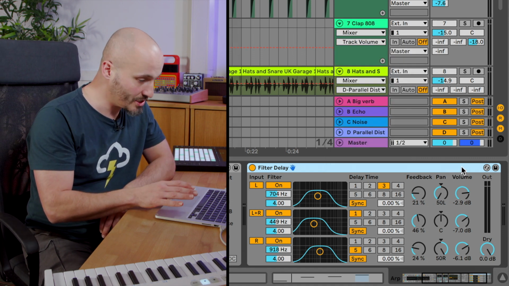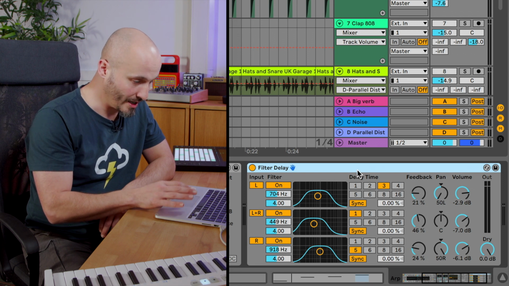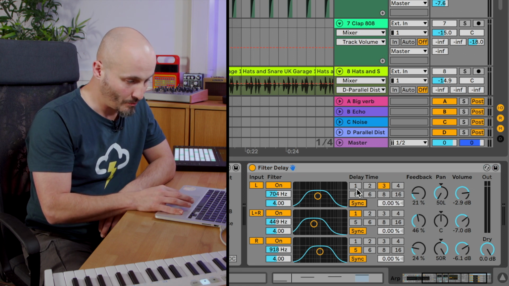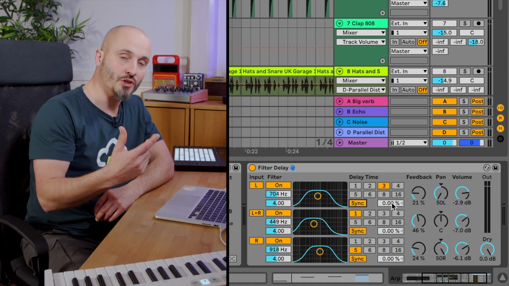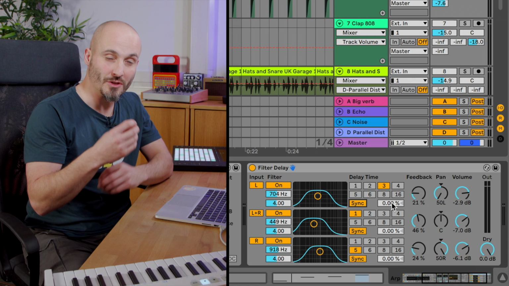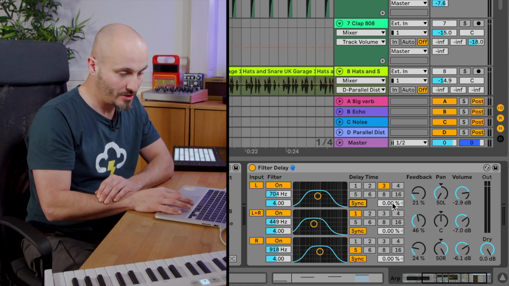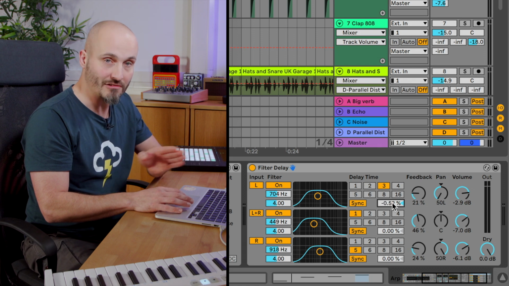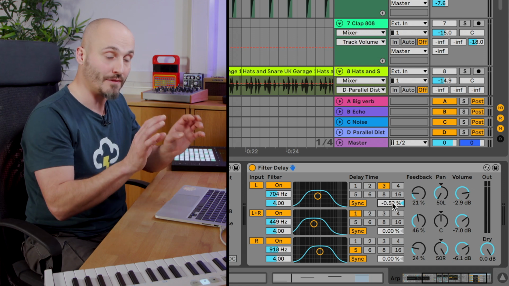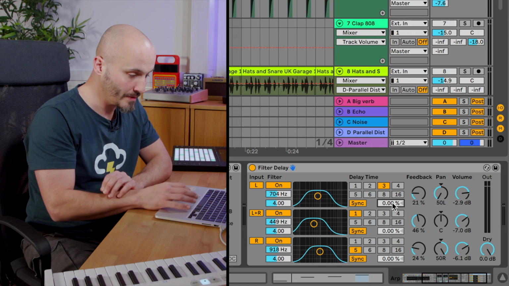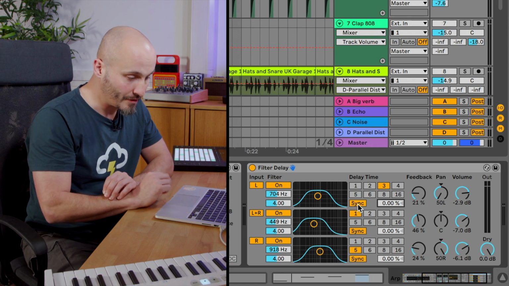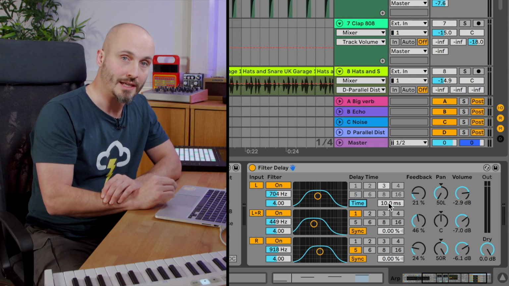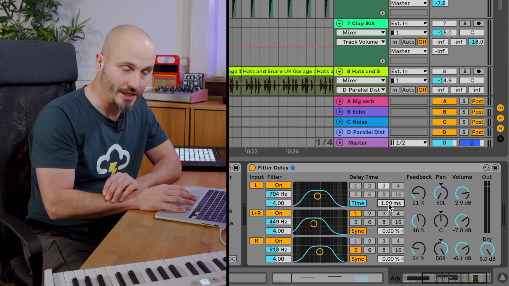So traditional delay line controls are here. We have a sync option, and we can choose the actual measurements of the sync. If you want to get a little bit more of a groove and a little bit more detail, things not being mechanically perfect, you do have a percentage of swing before or after the actual synchronized time, which is quite nice to create differences between the different delay lines. Then we also have the millisecond based delay time as well, which I'll put into an application soon after this